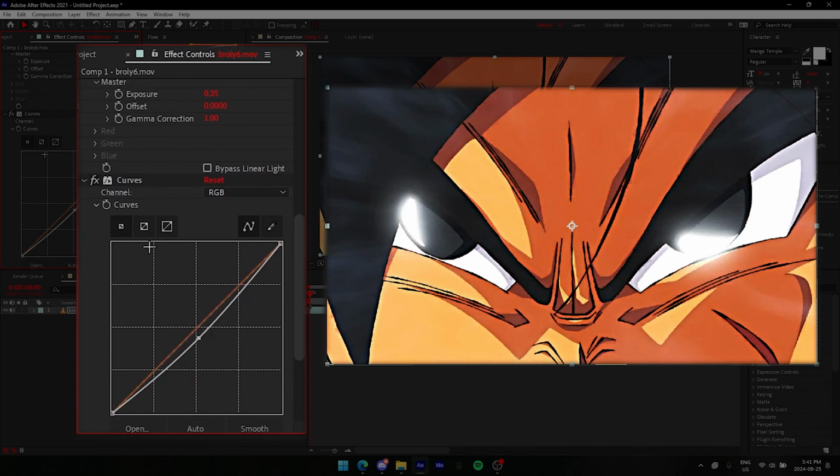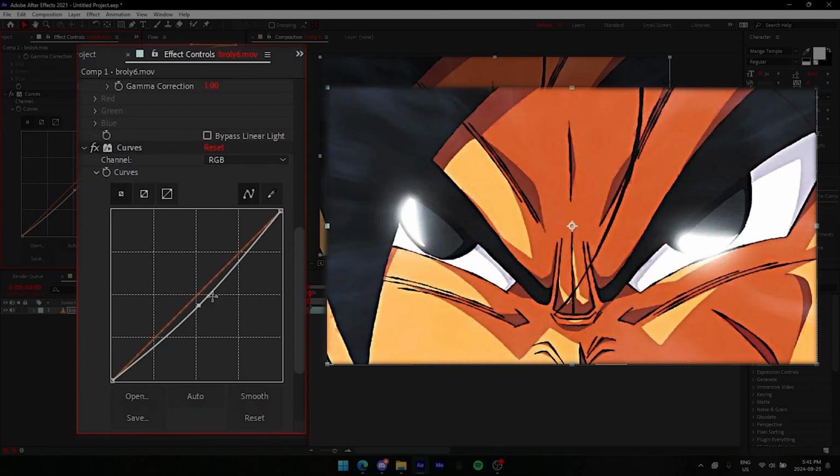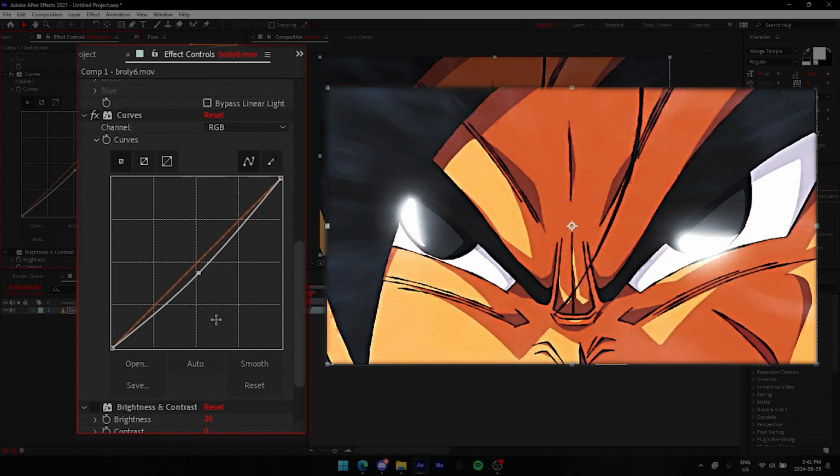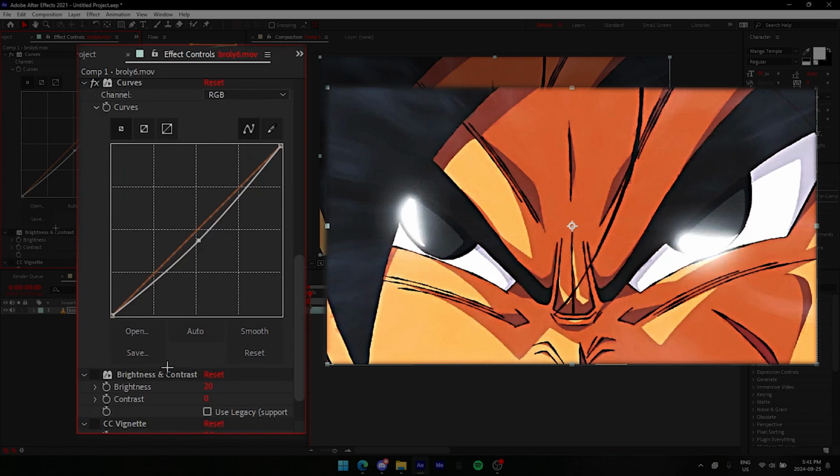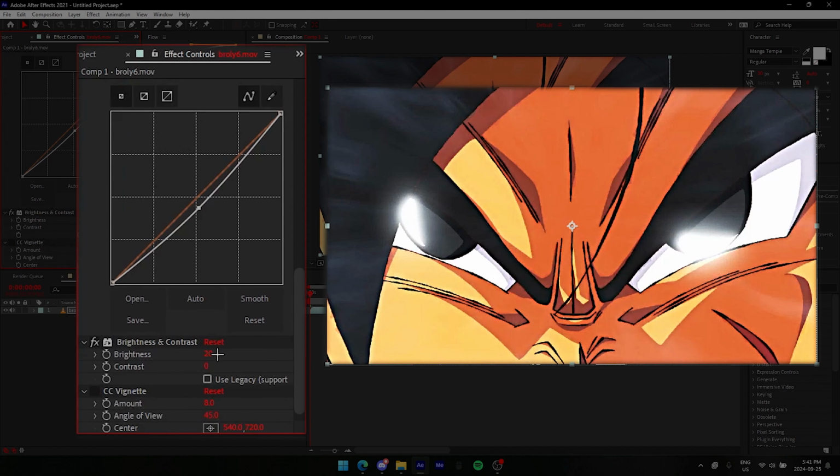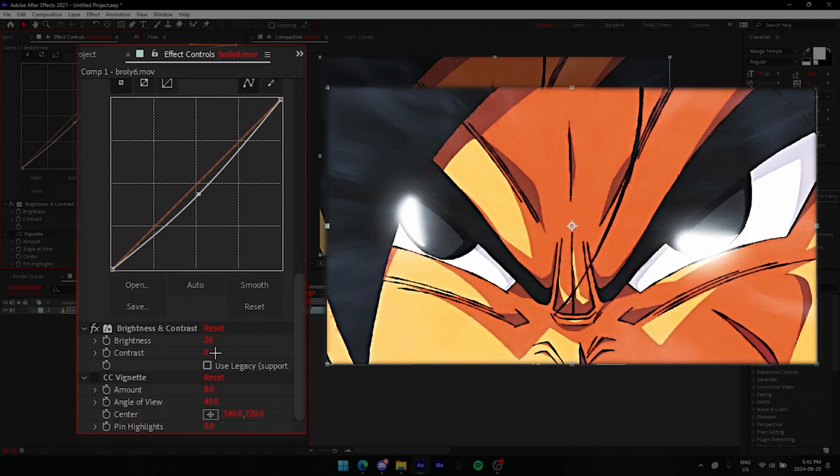Curves, make sure your curves are like this. This will darken them a little bit, add a bit more contrast, and a little bit more light. If your footage is too bright, you don't need this, it's fine. And this is to finalize everything. And if you want to take it a step further,